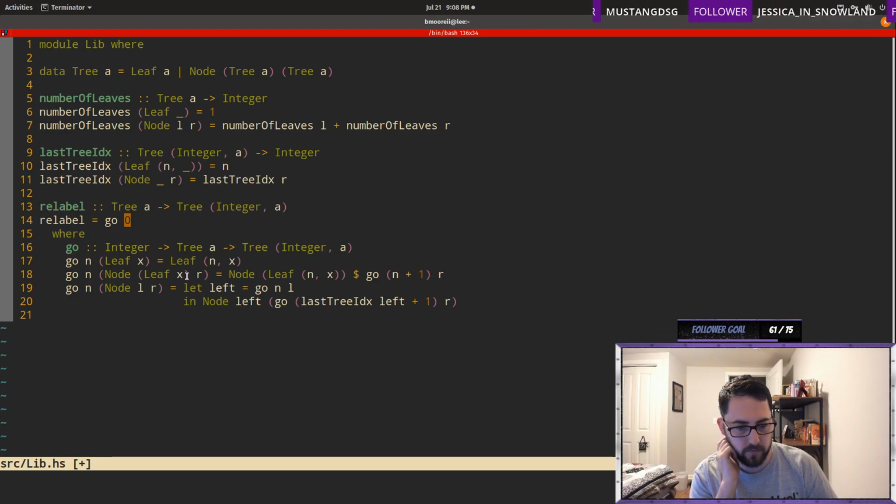The idea is to recurse completely down on the left subtree, figure out what that index was, and then recurse along the right subtree. I think this logic is correct.